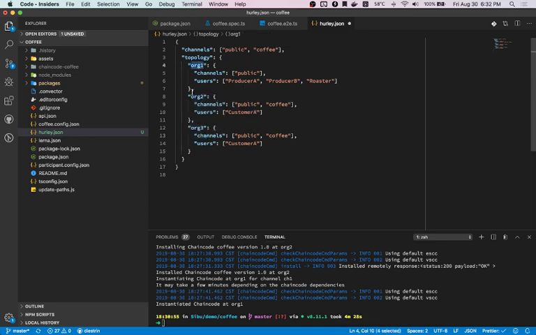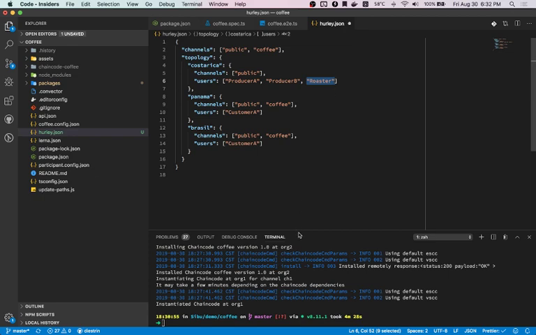You can also change the name of the organizations. They don't have to be org 1 or 2 or 3, etc. You can actually change the name of the organizations to Costa Rica, Nicaragua, Panama, and Brazil, for example, just to name a few. And you can also name your users. So in this case, I was creating 3 users, which is producer A, producer B, and roster. And instead of having users named user 1, user 2, user 3, you can now have named users